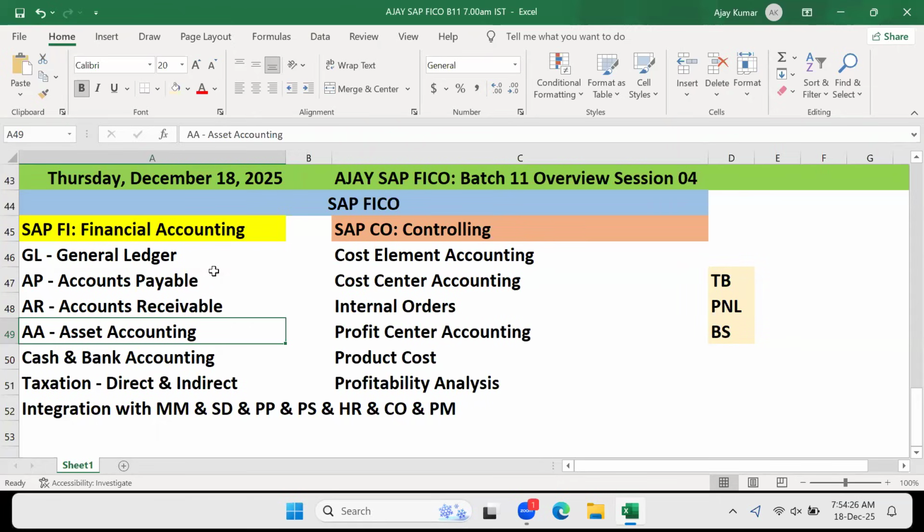Meaning you will be taking different decisions based on what? Based on your choice or based on the business need? Based on the business performance. You will be considering business performance, and you will be considering the business need. Accordingly, you will take a decision. Simply, nobody will hire anyone and nobody will fire anyone. Everything is based on business need, business requirement, sometimes to improve the business, sometimes to reduce the cost.